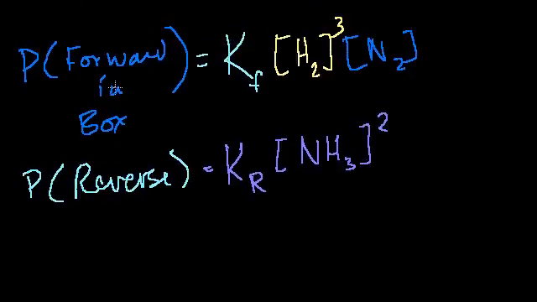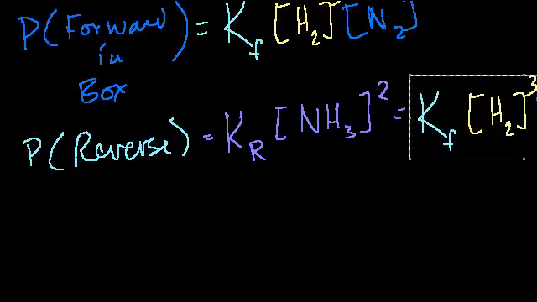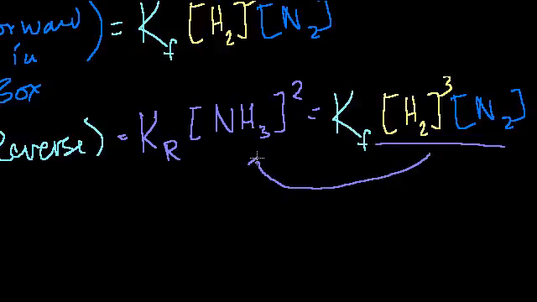And when we're in equilibrium, the probability of having a forward reaction in the box is going to equal the probability of a reverse reaction in the box. So these two things are going to equal each other. So this is going to equal, I could just copy and paste it, that up there. There you go. And then if you set the constants equal to each other, and you pick what you normally put the products on the right-hand side of the equation, so I'll take these and divide them into this, and I'll divide that into that, and you're left with